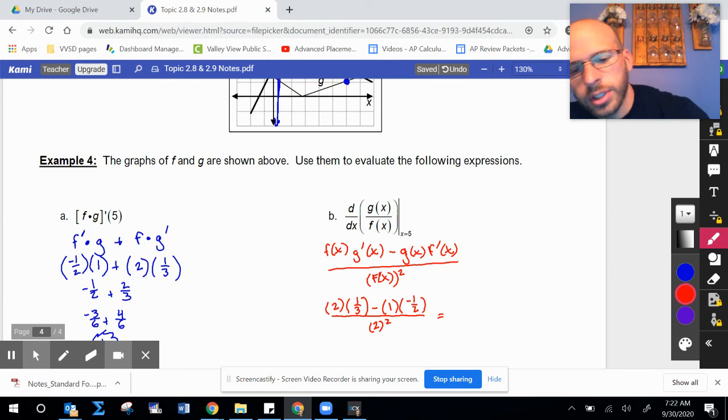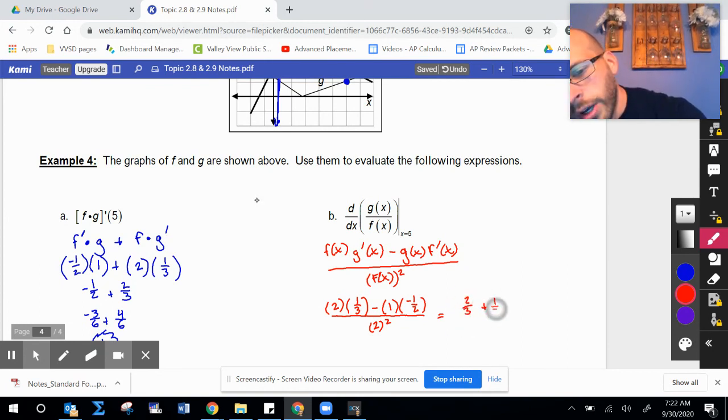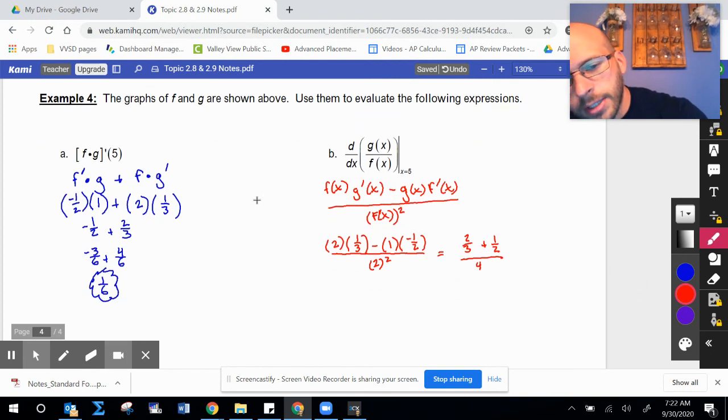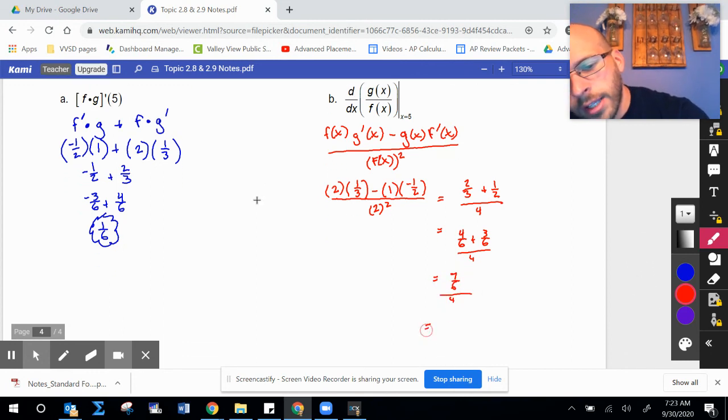So let's try to reduce this. I get a 2/3 plus 1/2 all over 4. I'm going to get some common denominators. So 4/6 plus 3/6 all over 4, which gives me a 7/6 all over 4, or a 7 over 24